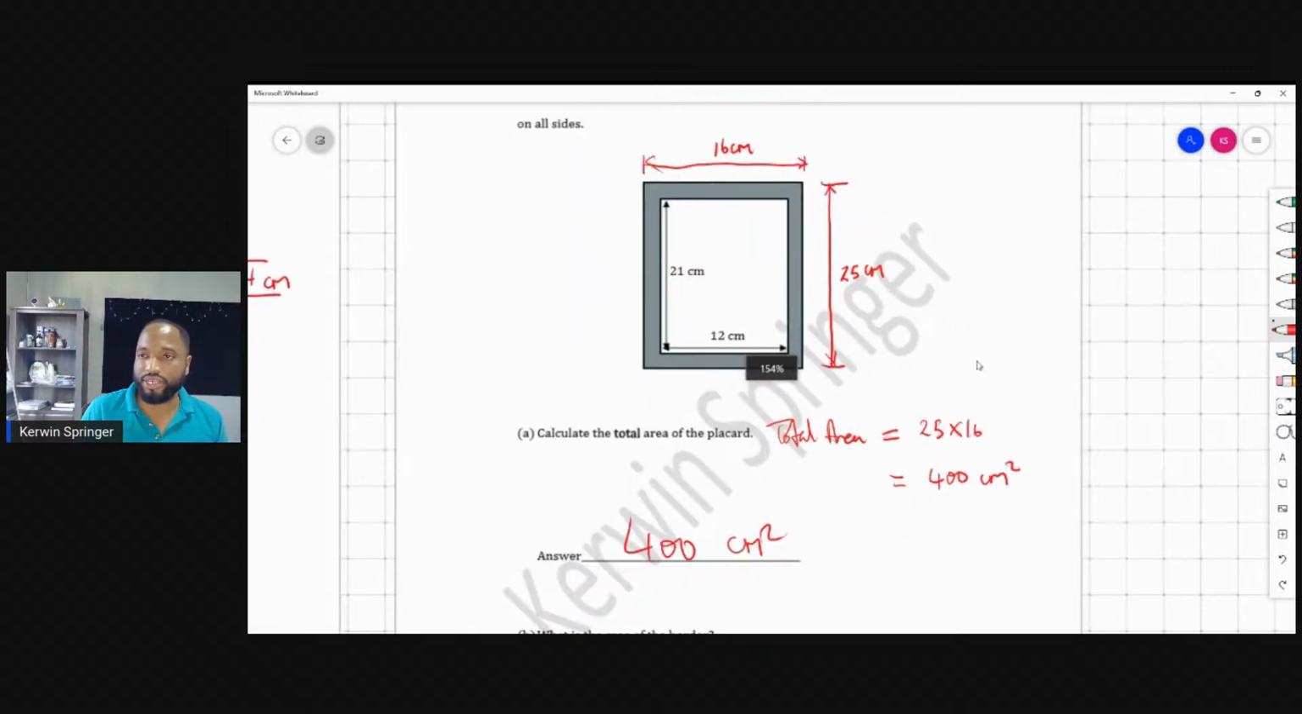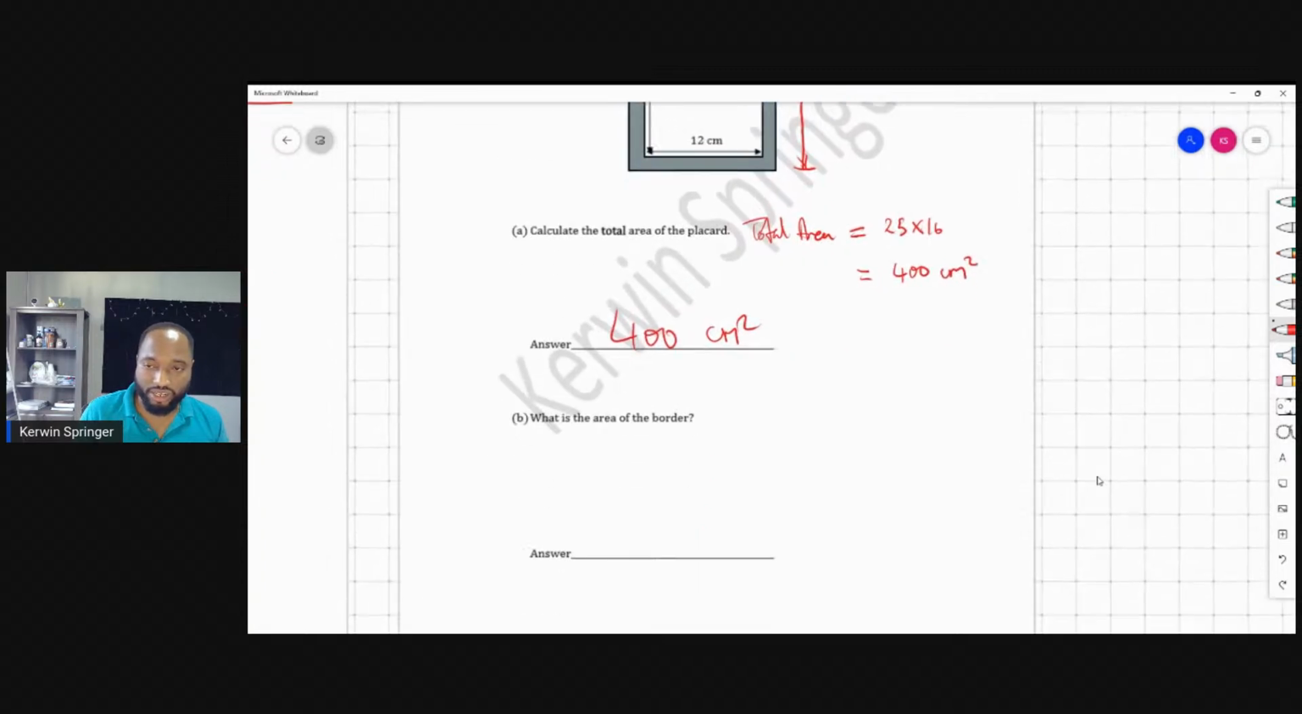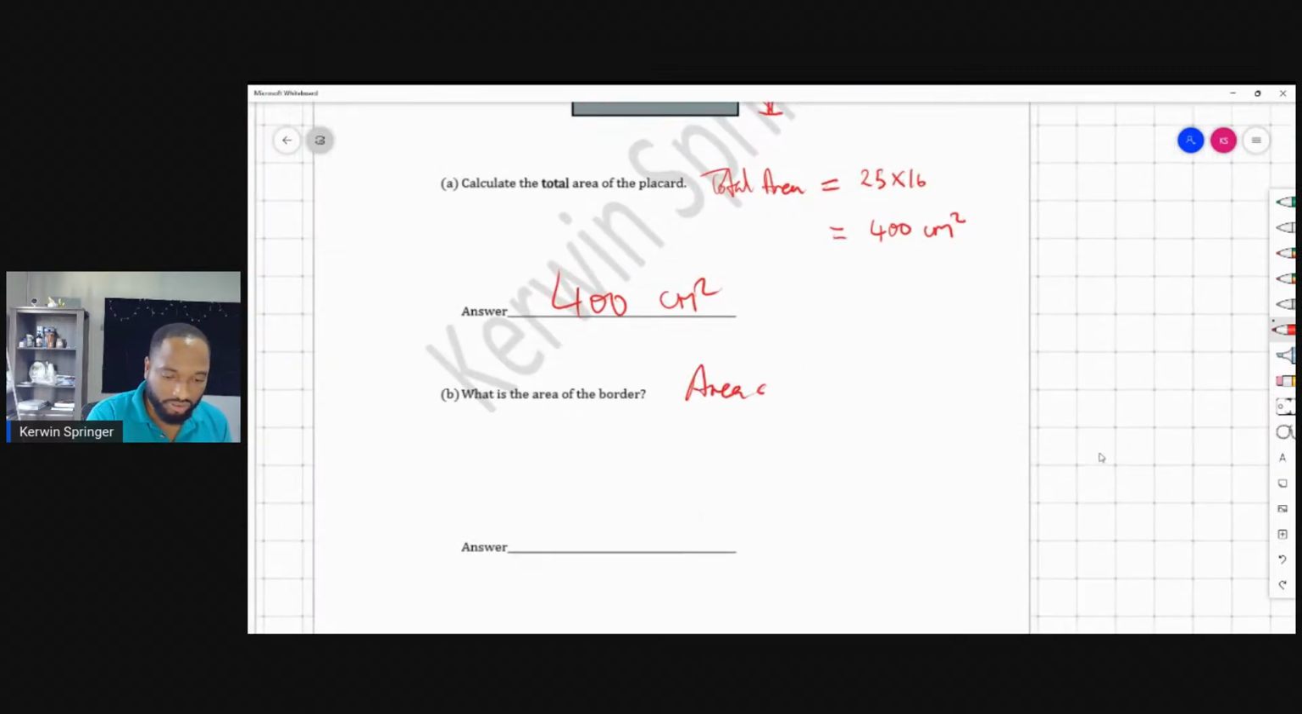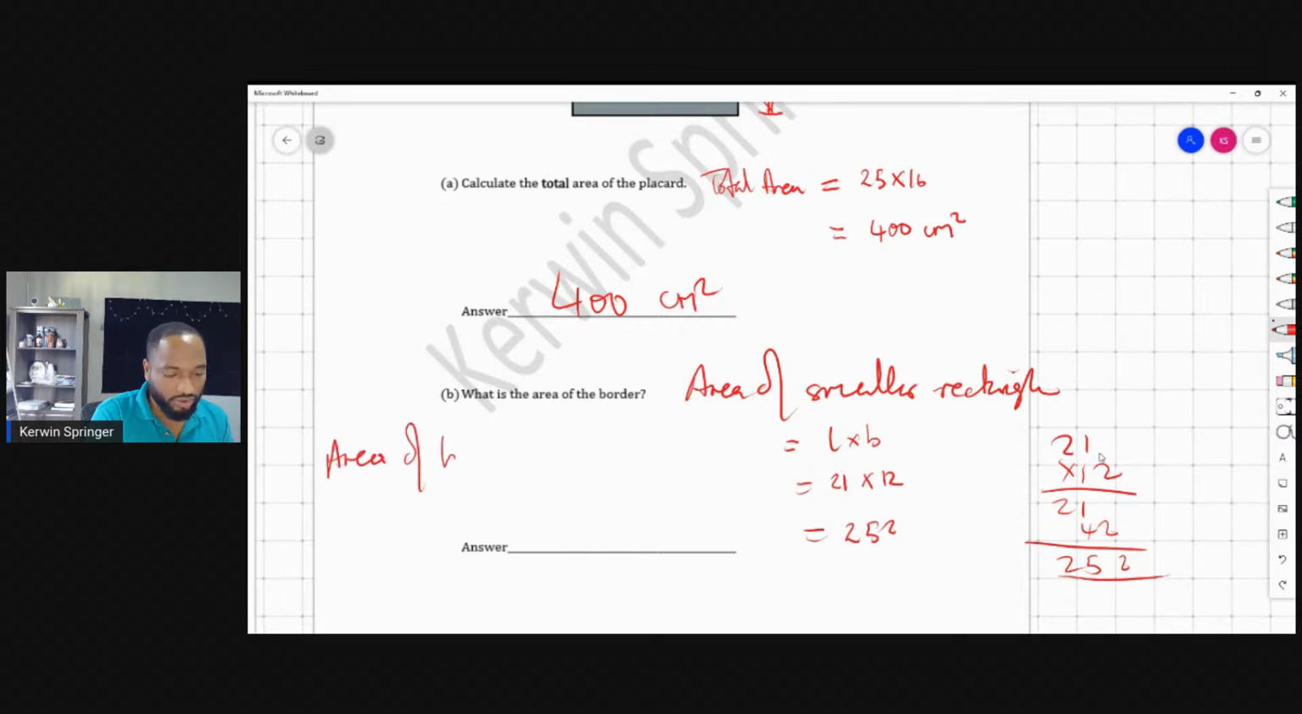What is the area of the border? Well, I need to find the area of the small rectangle. Area of the smaller rectangle is the length by breadth, or the length by width. So it's the 21 times the 12. Was it 12? 21 times 12. Very quickly, this is 252. So the area of the border is going to be the biggie minus